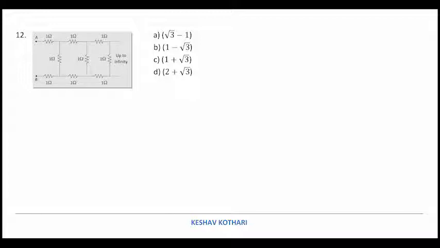This is regarded as an infinite ladder network. Whenever I solve this problem, I teach a small concept to students. You can consider it this way: if you are solving a problem like x is equal to 2 upon 2 plus 2 upon 2 plus 2 upon, till infinity. Whenever we solve this kind of problem, we replace this segment and treat it as x. Why? Because removing these two is not going to affect the quantity which is going till infinity. So we write it as x is equal to 2 upon 2 plus x.